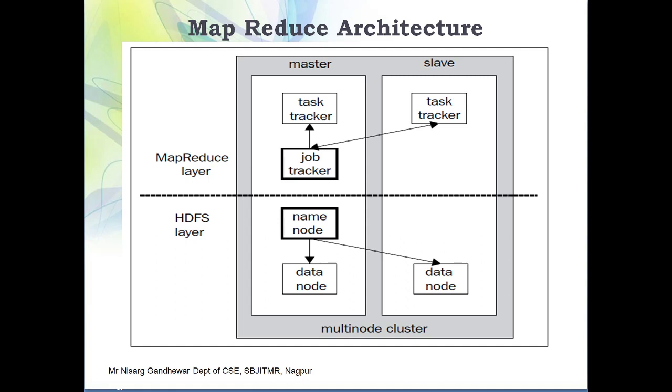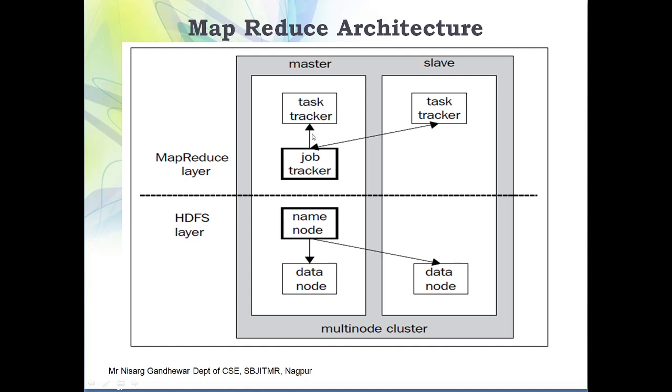We have seen that each file is split into blocks, by default of size 128 MB, and each is replicated at least at 3 locations. All these details will be kept by the name node. So we have the HDFS layer where we have the name node and data node. The data node is a slave node which is present at the slave machine. So we have a master-slave architecture in this particular Hadoop framework. On top of the HDFS layer, there is a MapReduce layer.